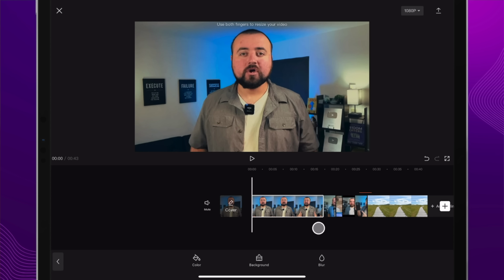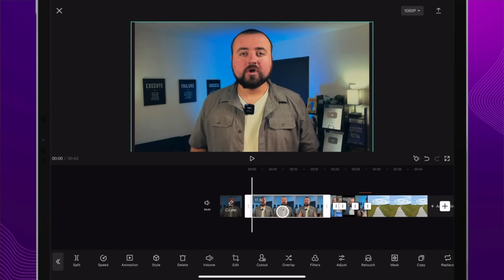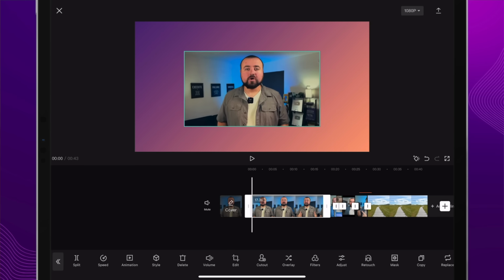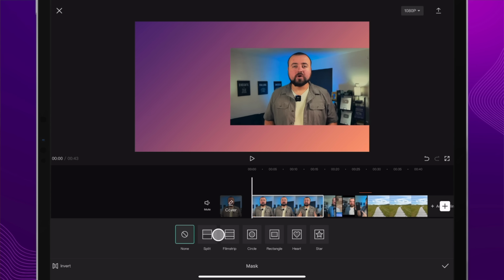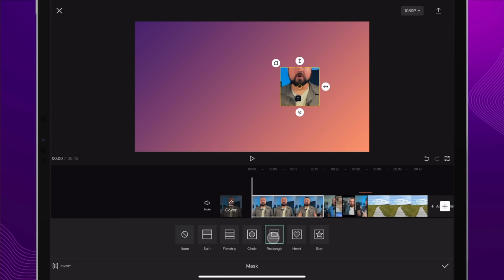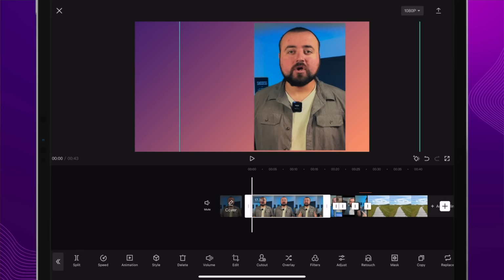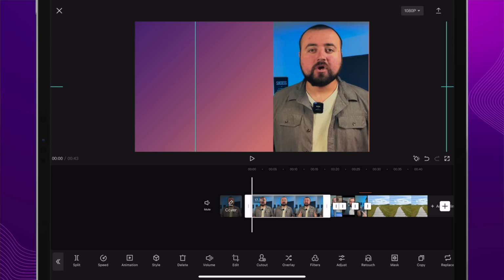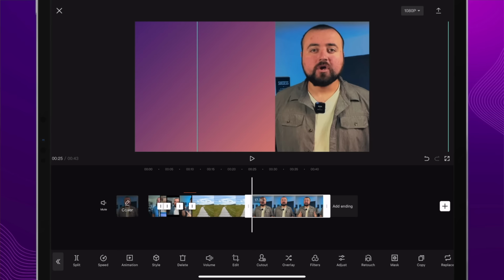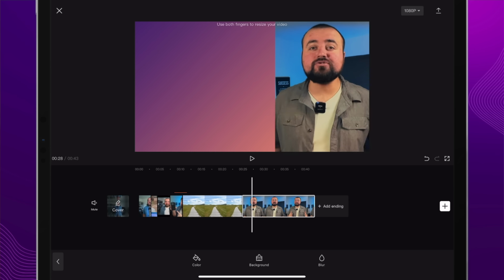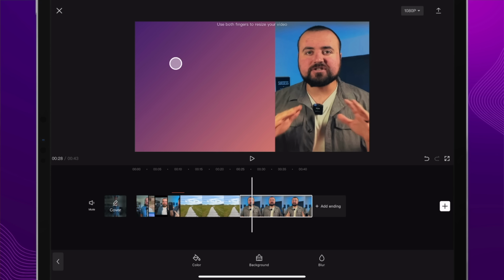Cool, check. And then I'm going to click on my video and I can shrink it down. And then I'll also mask it here. So we'll do that same masking effect with the square. Going to increase the size a bit. And just like that. Awesome. Check. Increase the size there. And what this allows us to do, we can keep our video going. We're also assuming here, I'm just going to drag it to the end, that this is the end of our video. So I can be talking here, and now I have this open spot here where I can add the